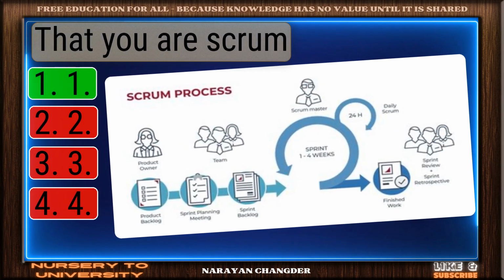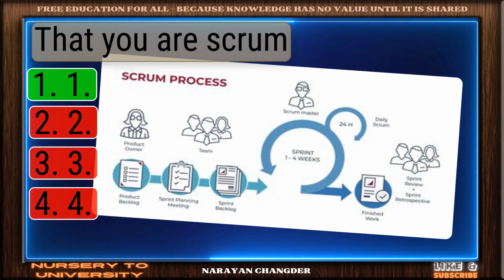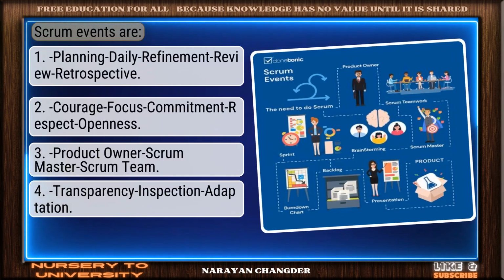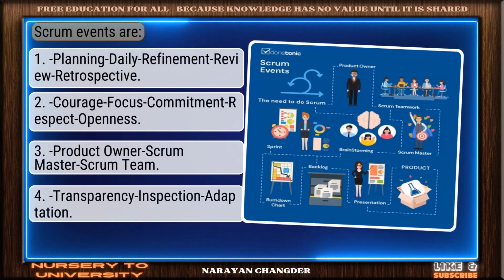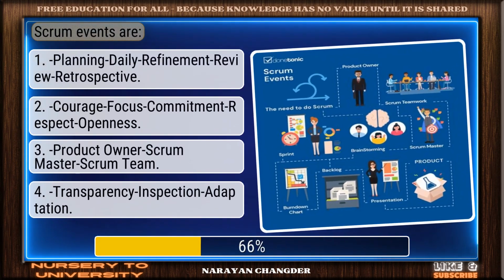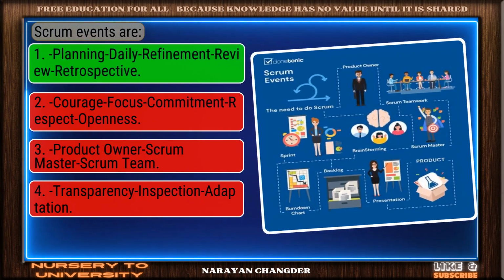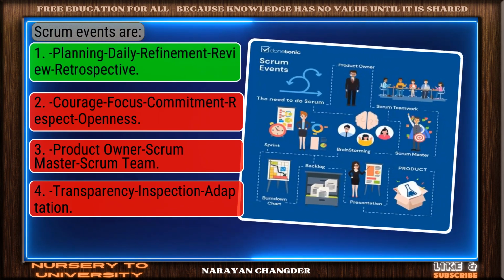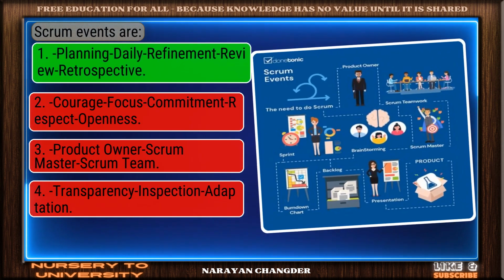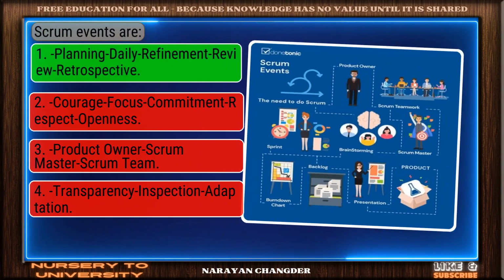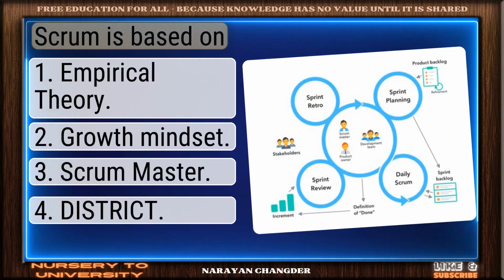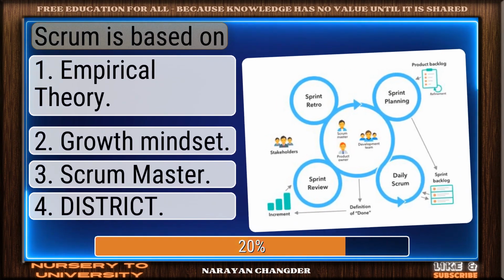Clear logic. Your choice 1 is sound and 100% true. Question number 74. Scrum events are. Correct response. Planning, daily, refinement, review, retrospective is the most accurate answer. Question number 75. Scrum is based on